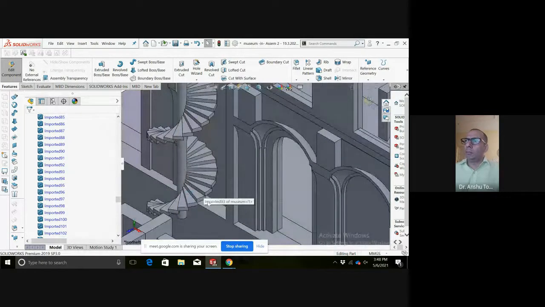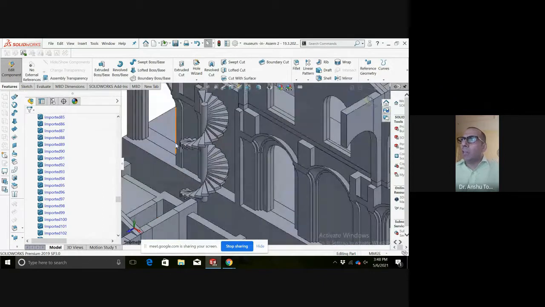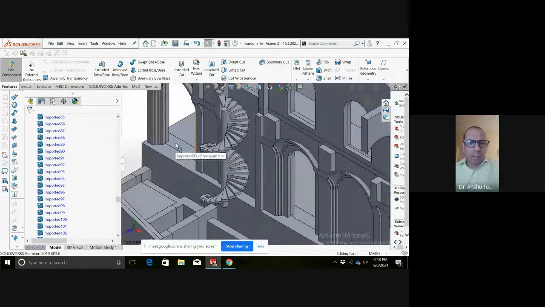So shall we try to learn today this type of spiral staircase? And whatever you model here, you can transfer the same model into any finite element based software to evaluate its stresses, and you can design it if you are using reinforcement into that particular element. So let us try it. I will open a new file.